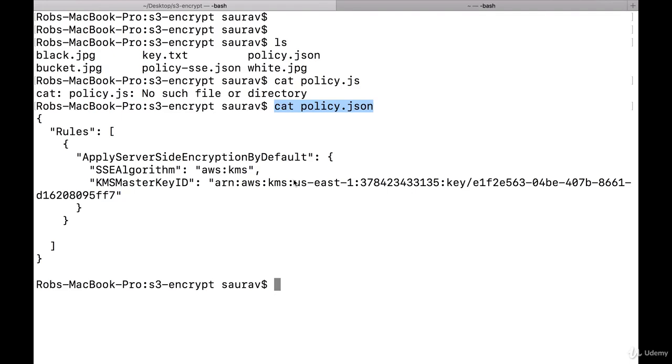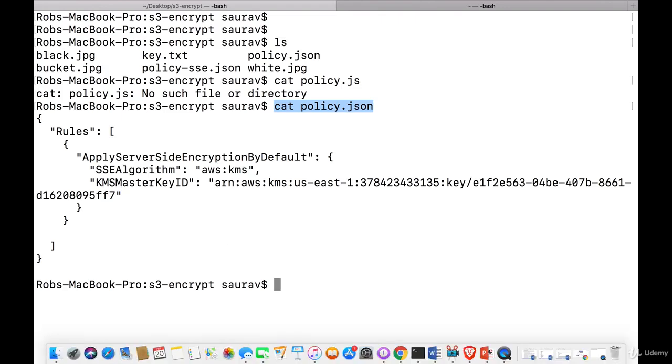So I have this file in my current folder, and what I want to do is say aws. Now this is a different thing from what we've done so far. We used to say aws s3 ls or mb, that kind of stuff. Now we're using aws s3api put-bucket-encryption --bucket